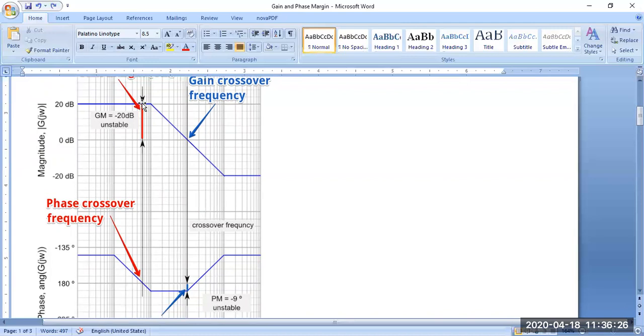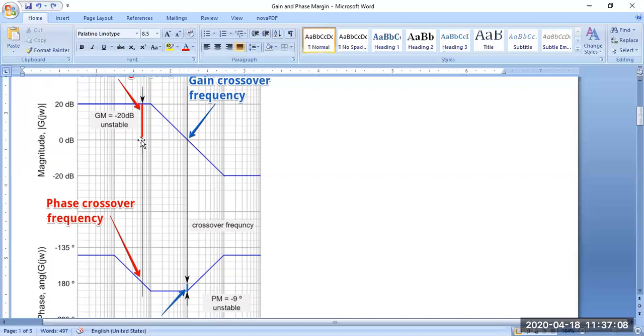Now what is gain margin? It is the vertical distance between the 0 dB line and the point where the omega PC line cuts the magnitude plot. So this phase crossover frequency is extended upwards and it cuts the magnitude plot here, and we have to measure it from 0 dB. If it is upwards, it is negative. If it is downwards, it will be treated as positive. So right now, gain margin here is negative 20 dB.